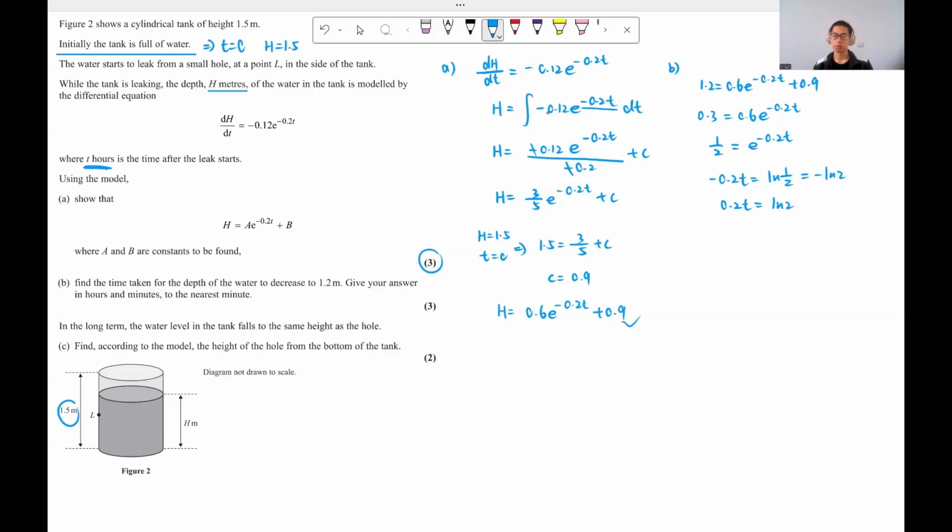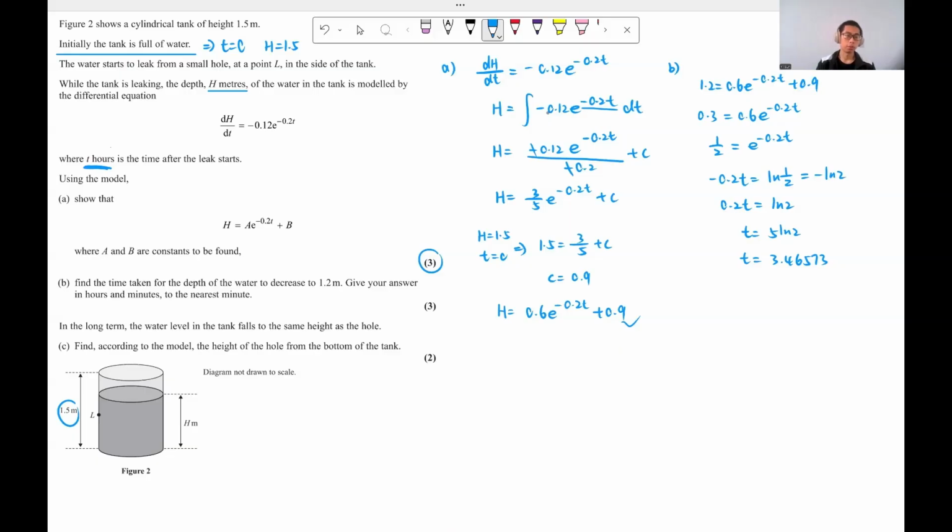And then t is just equal to 5 ln 2, because dividing by 0.2, 1 over 0.2 is equal to 5. So 5 times ln 2, put in the calculator, we have t is equal to